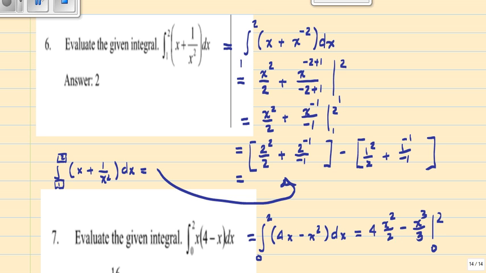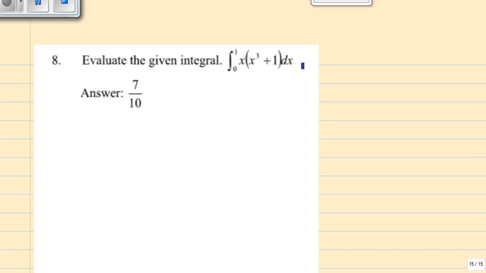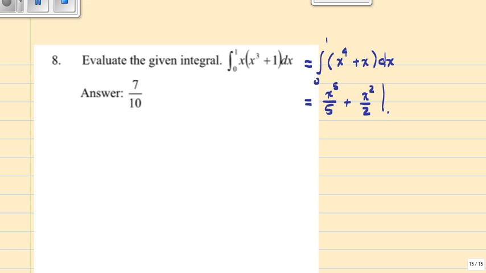same as before. Number 8, very similar, multiply first, so integral from 0 to 1, x times x to the fourth, plus x dx. Now integrate and evaluate. x to the 4 plus 1 is 5 divided by 5, plus x squared divided by 2, limits from 0 to 1, equal to,